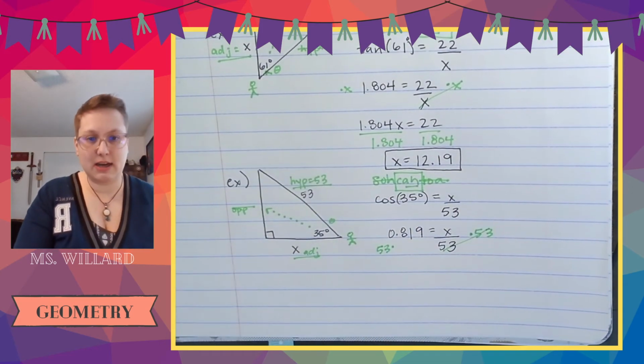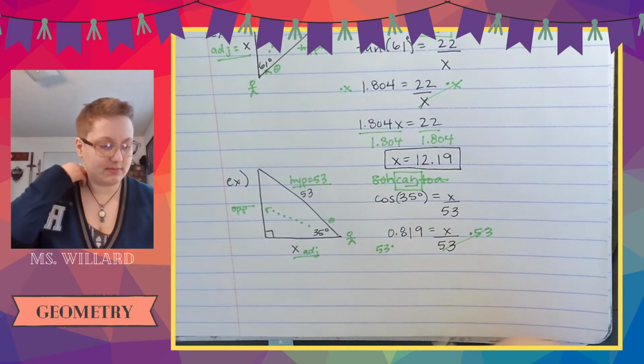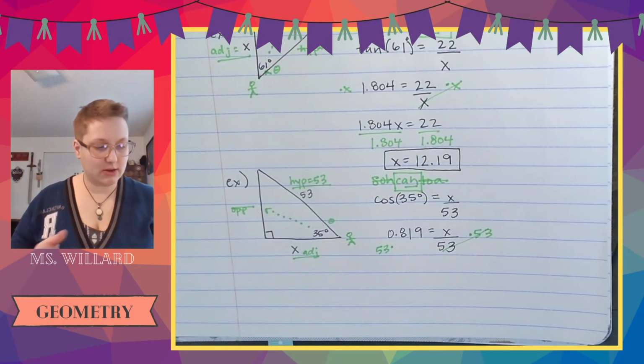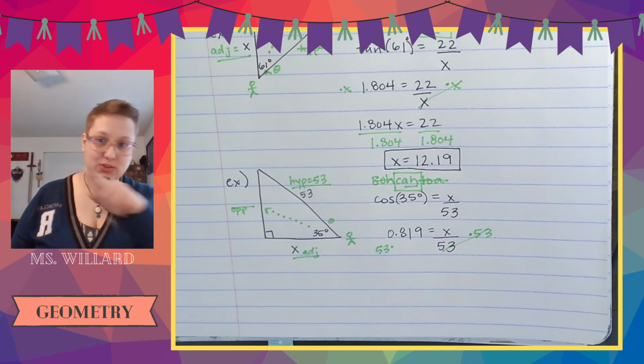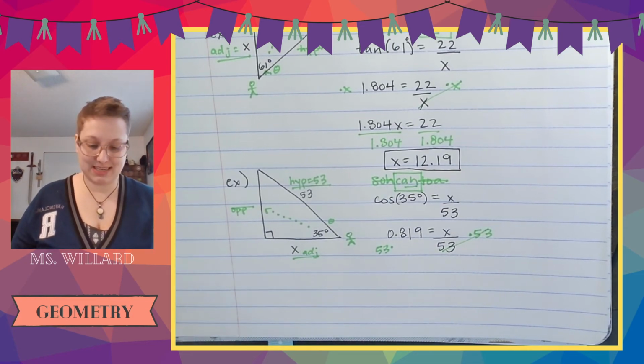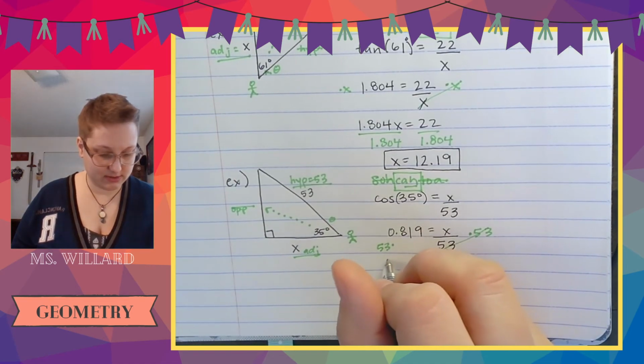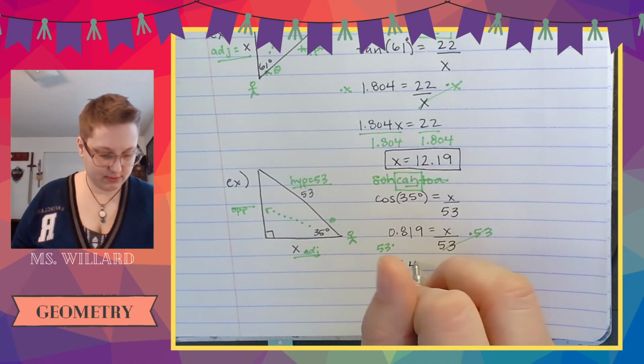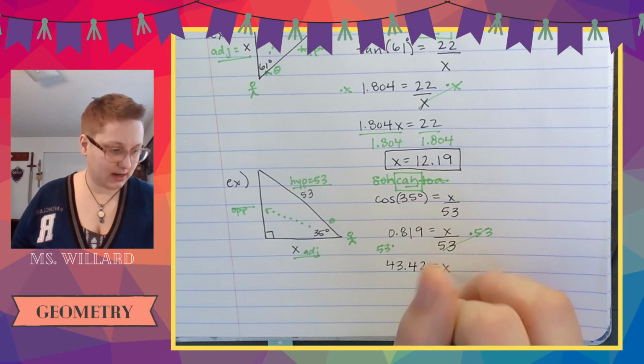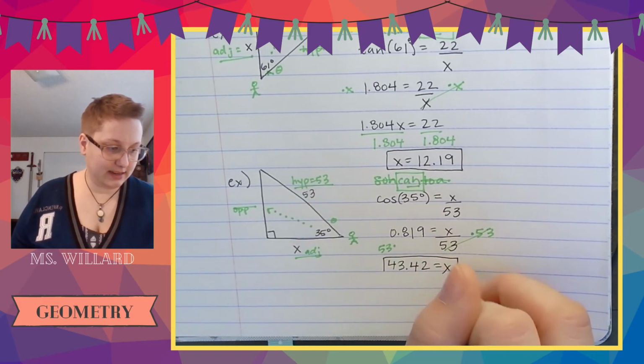I have taught enough geometry that I know somebody in their house somewhere thinks that whenever it's tangent, we do weird stuff. Whenever it's sine and cosine, we just multiply. That's not how this works, okay? It's not how this works. I can show you